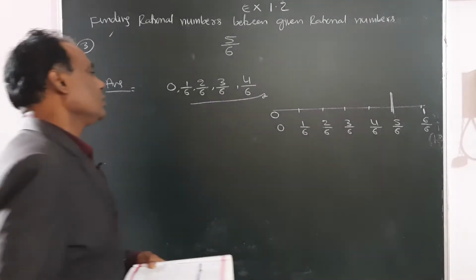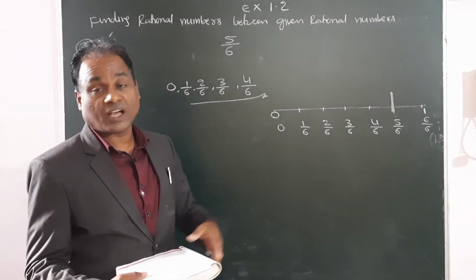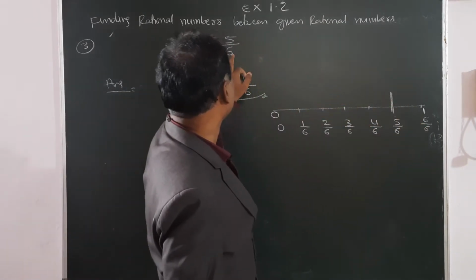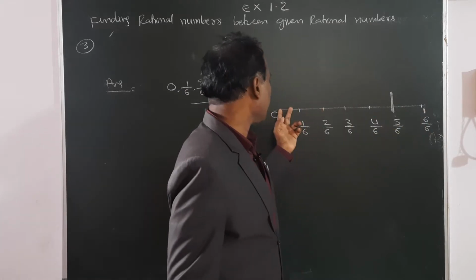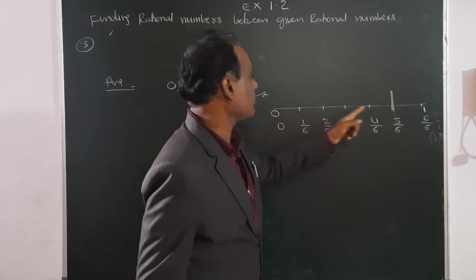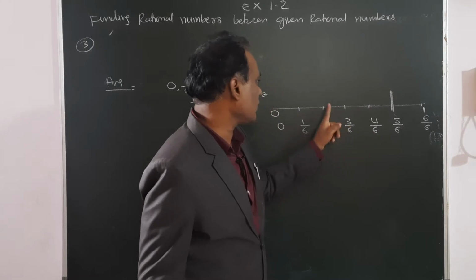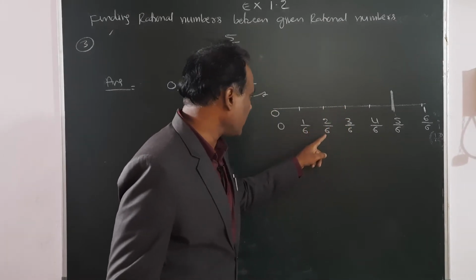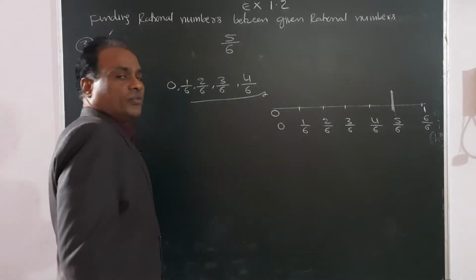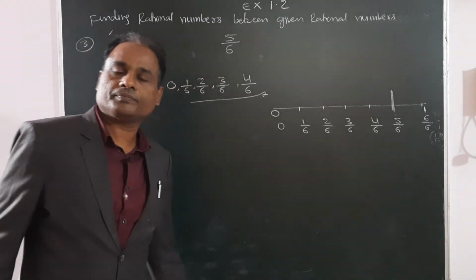I explained using the number line also, because we studied this number line before this concept. We did so many problems based on this, 0 to 6, because the denominator is 6. So up to 6 parts you take, and the last will be 6 by 6, that is 1. And 5 by 6 means the fifth part: 1, 2, 3, 4, fifth part. Fourth part will be 4 by 6. Third part will be 3 by 6. Second part will be 2 by 6. First part will be 1 by 6. Starting will be 0. If you want some more, come to the negative side. So these are the numbers less than 5 by 6. Write down.